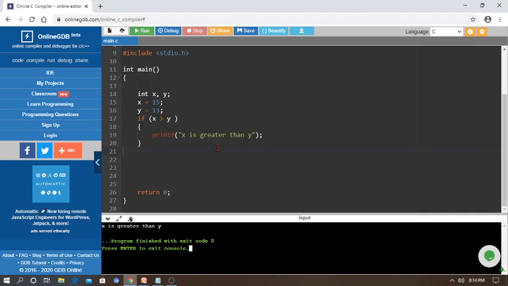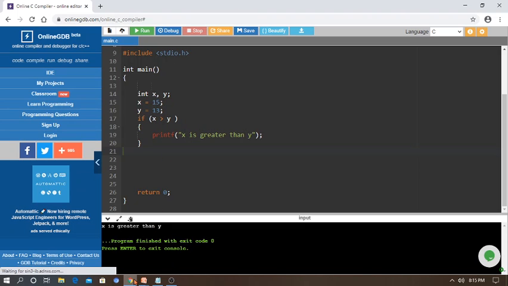If it executes successfully, remember, if you use Turbo C, you have to use Alt plus F9 to compile the program, and if compilation succeeds, you can use Alt plus F9 to run or view the output. It executed successfully. Here the x value is 15 and the y value is 13. The condition x greater than y is true, so it prints x is greater than y. That's it, only one option, a simple one.